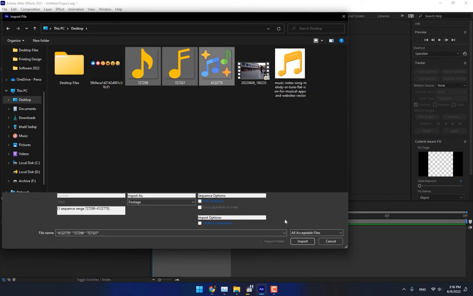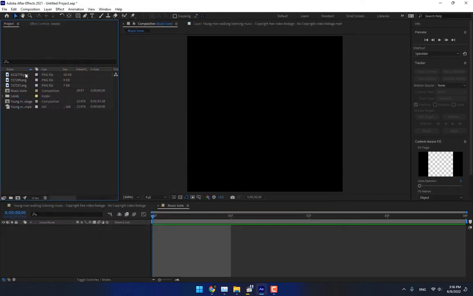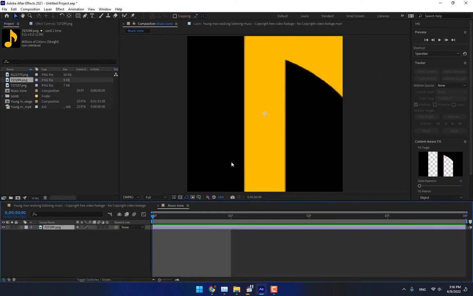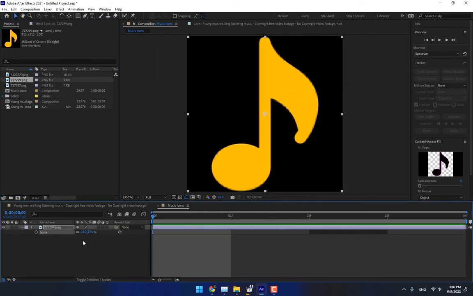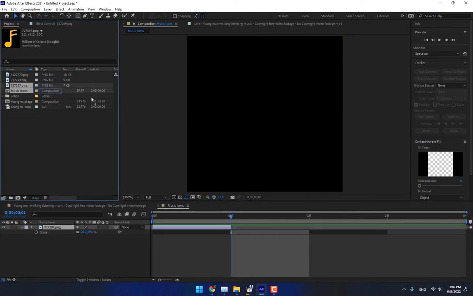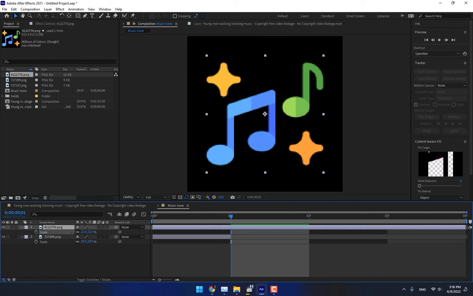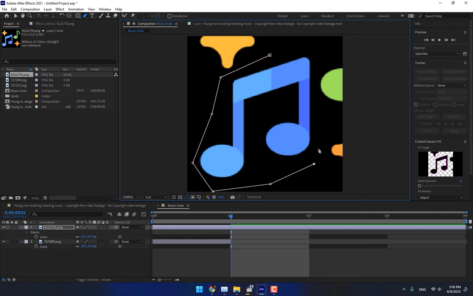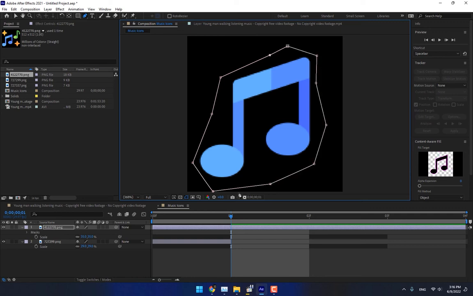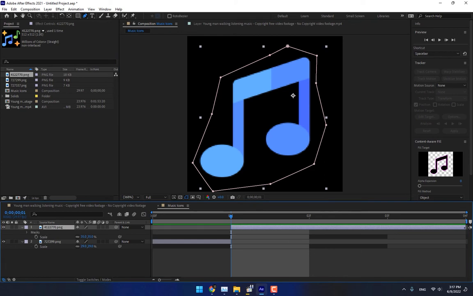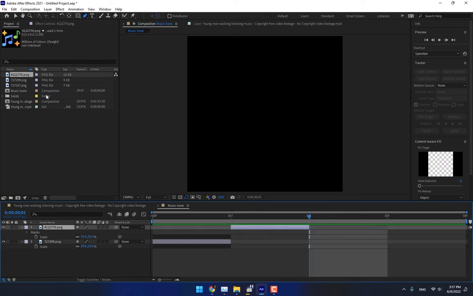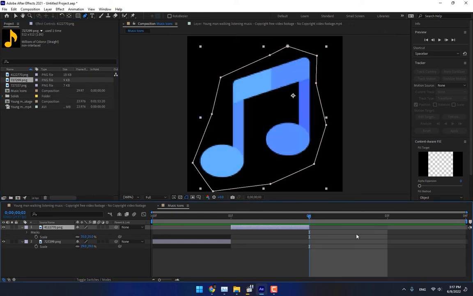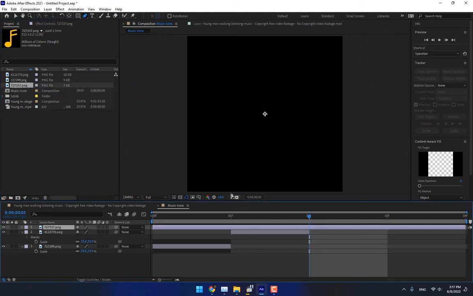first, second, third. Press import, select the first one, press S, scale down this icon and cut the layer to 1 frame. Select another one, press S, scale down, and mask this icon. Good. Cut this layer and then drop another one, this one,